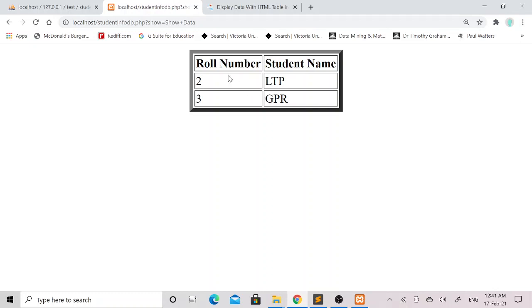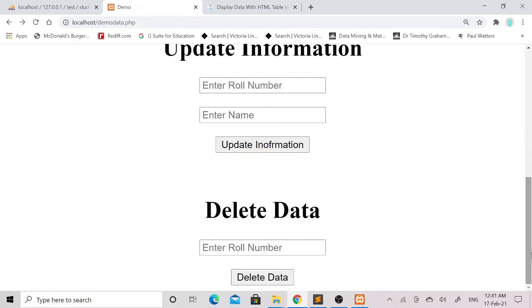To delete the student whose roll number is 3, again I will click on the go back button. In this delete data form, within the enter roll number text field, I will add roll number 3, and then I will click on the delete data button. Again you can see that the record deleted message has popped up.